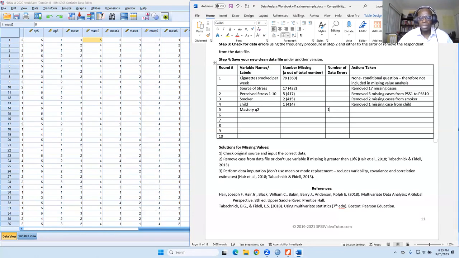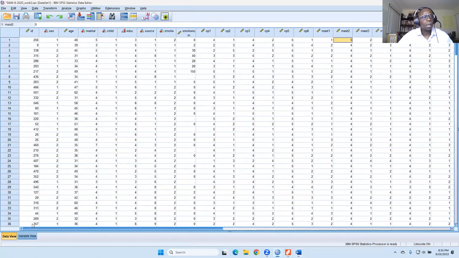There was one, and then we say respondent. It should have been that the person had a 5. So essentially, what we're going to do is remove respondent 256.